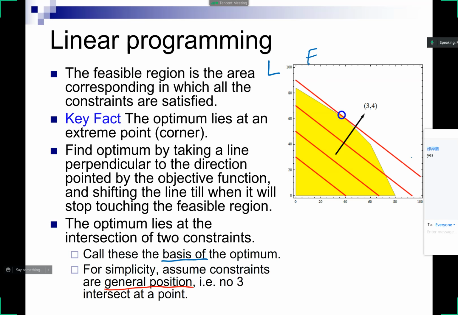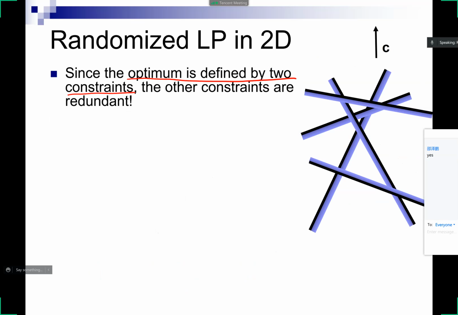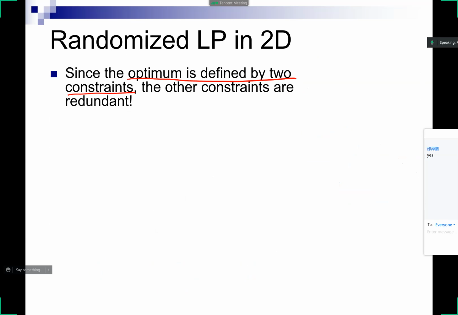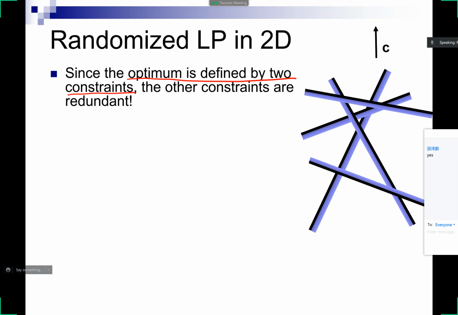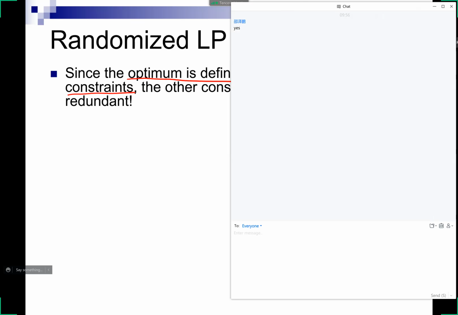Even if you have 100 constraints, the optimum is still going to be determined by just 2 of these constraints. That means that all of the other constraints are useless. They're redundant, meaning that you can remove the redundant constraints and not change anything. So what I mean by that is,